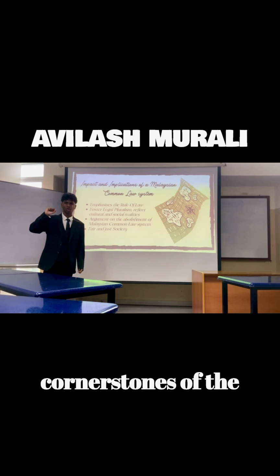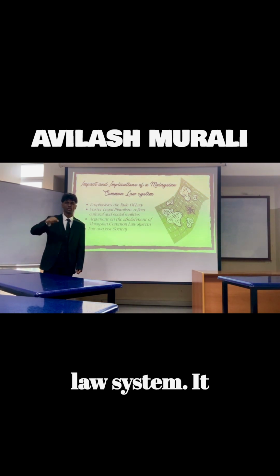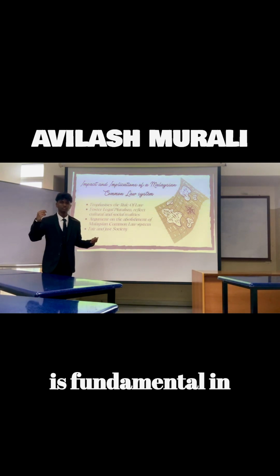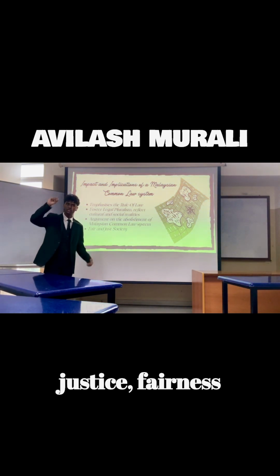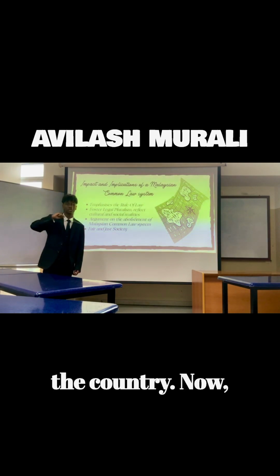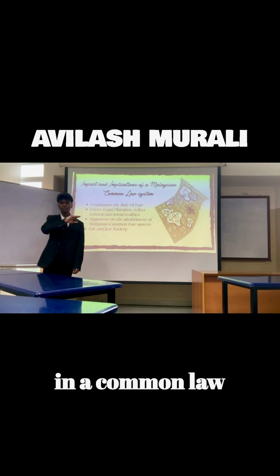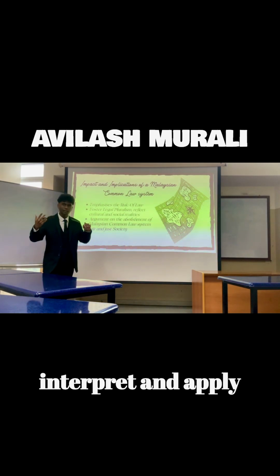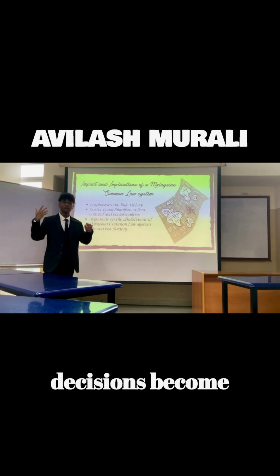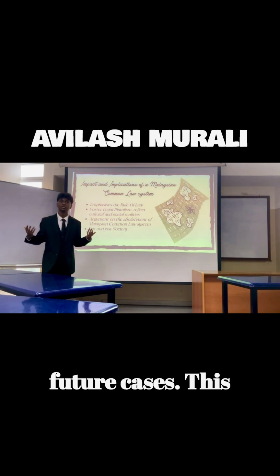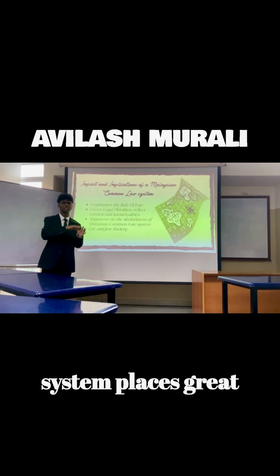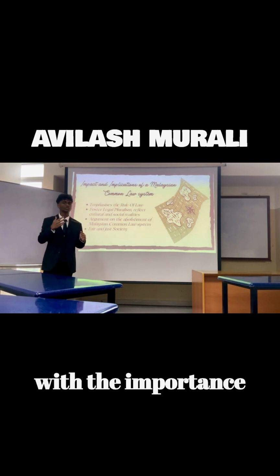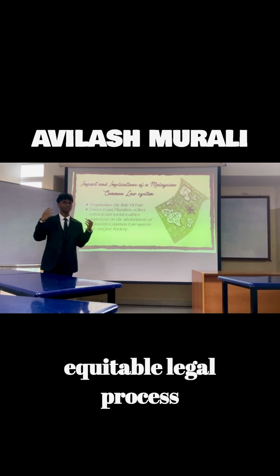The rule of law is one of the cornerstones of the Malaysian common law system. It ensures that no one, including government officials, is above the law. This is fundamental in maintaining justice, fairness, and equality within the country. Now, in a common law system, the role of the judiciary is crucial. Judges interpret and apply the law, and their decisions become binding precedents which are used in future cases. This system places great emphasis on individual rights and freedoms, along with the importance of a fair and equitable legal